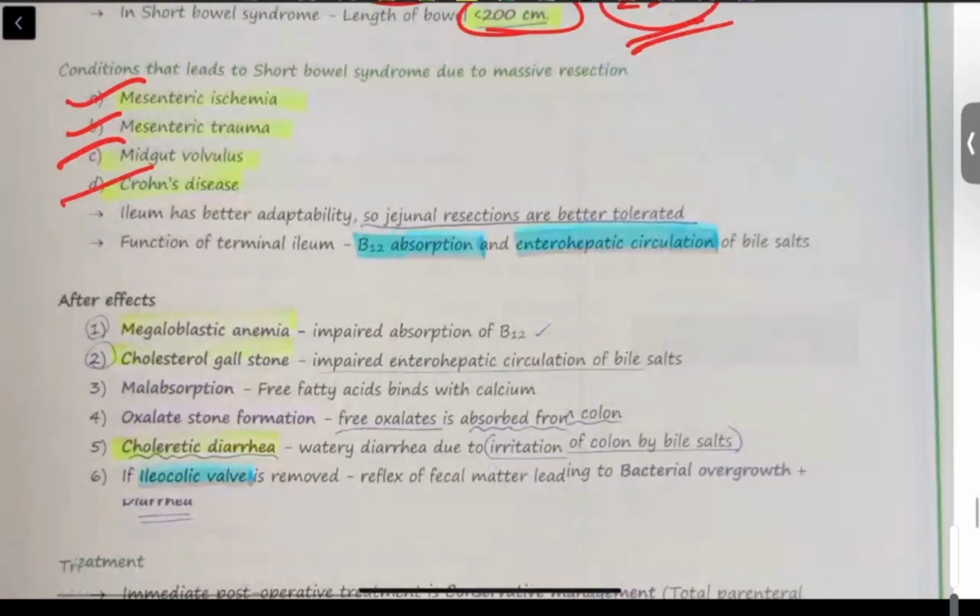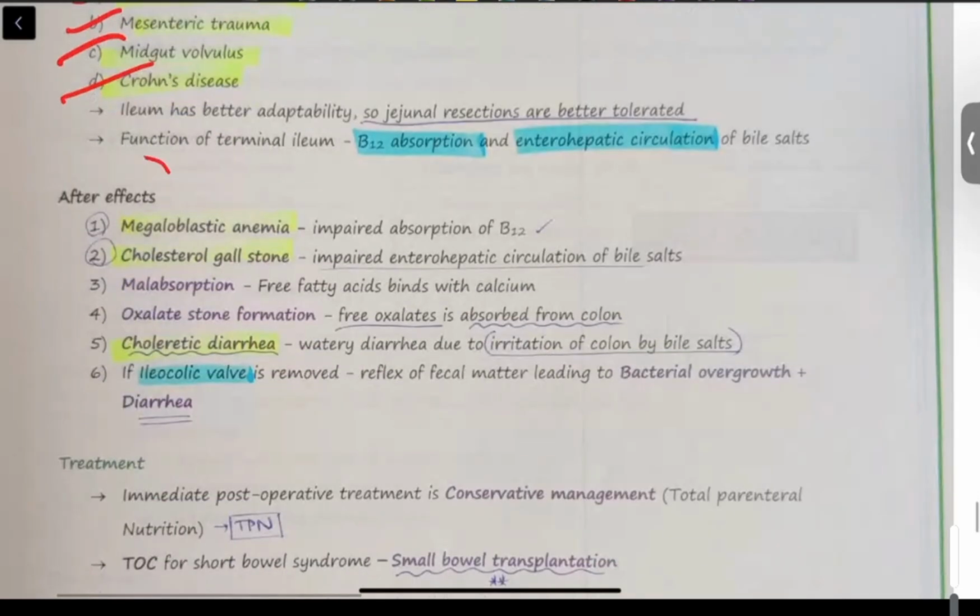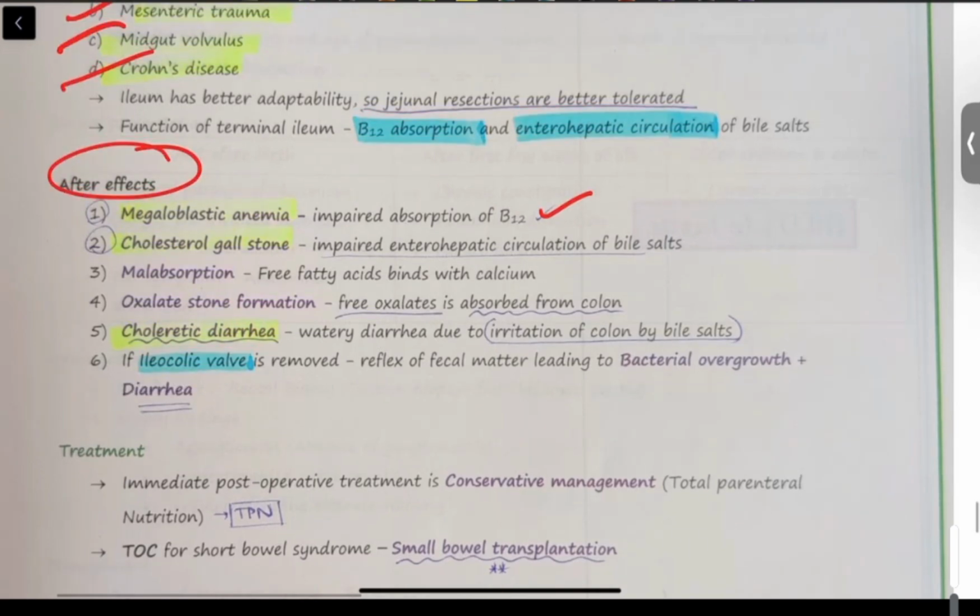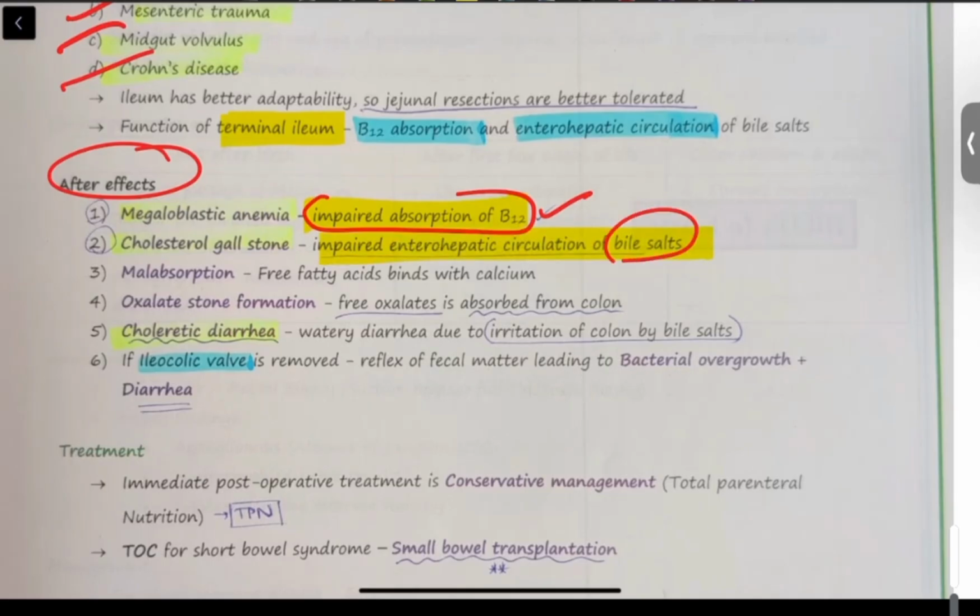So what are the after effects of this? There will be megaloblastic anemia because of impaired absorption of B12. B12 is absorbed in the terminal ileum. If there is resection of the terminal ileum, there will be impaired absorption of B12, which will lead to megaloblastic anemia. There will also be impaired enterohepatic circulation, because bile salts are reabsorbed in the terminal ileum. If that is resected, it will lead to impaired enterohepatic circulation, which leads to increased cholesterol